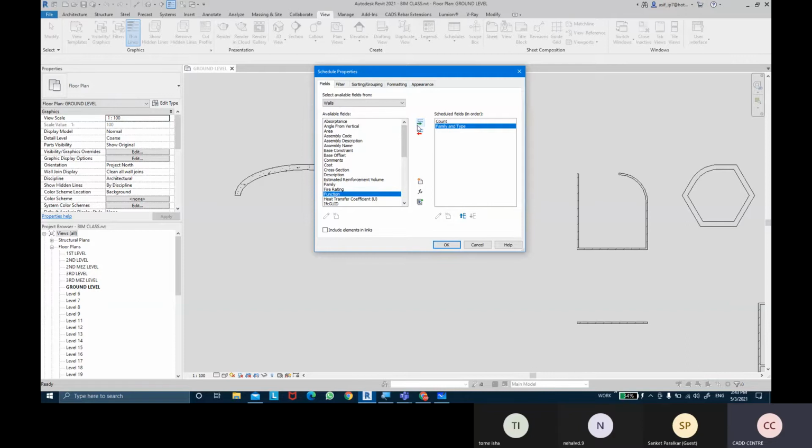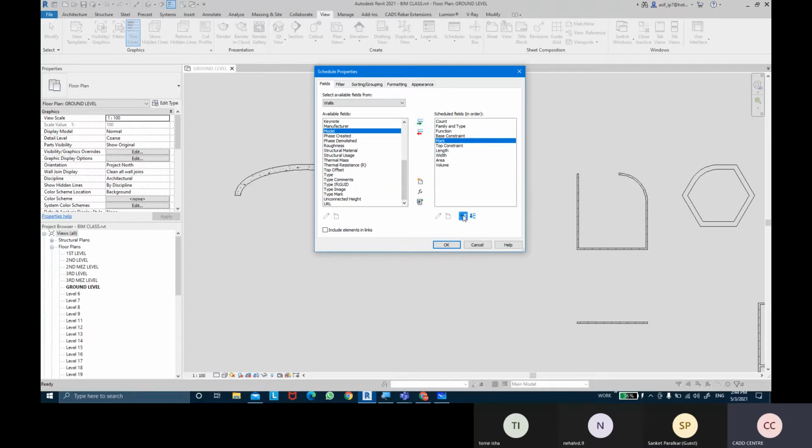What's the functionality of the wall? I can add the function feature as well. And then I can add the base constraint, meaning on what level I've created the wall. Then the top constraint, up till what height I've created the wall. Then maybe I want to add the length of the wall. So I can add the length feature, then the width of the wall, then the area of the wall. We can add area details, we can add the volume of the wall, and even the mark of the walls. So I can add marking of the walls as well. Okay, all these features can be added.